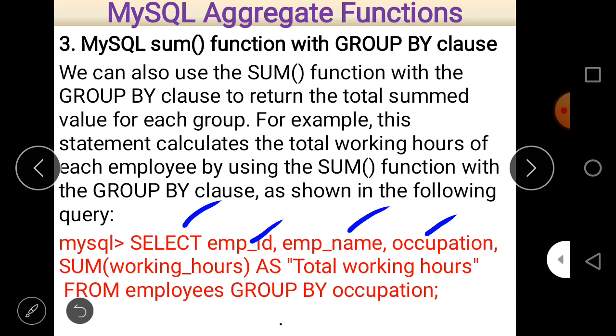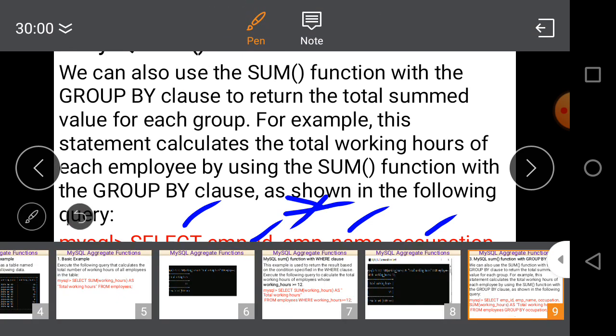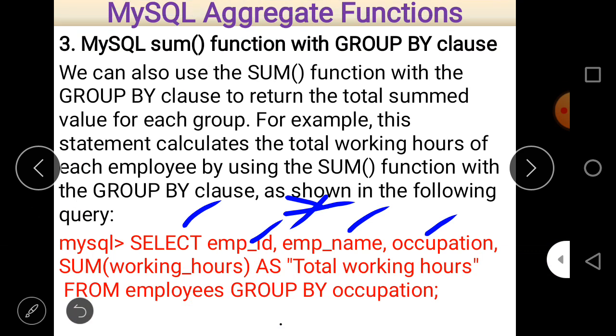If you want to select all these columns, just put a star sign here, and here we have to calculate the sum. So just write sum of working hours, and along with sum of working hours, the three different column names are also a part of your answer. That is employee ID, employee name, occupation, and sum of working hours.